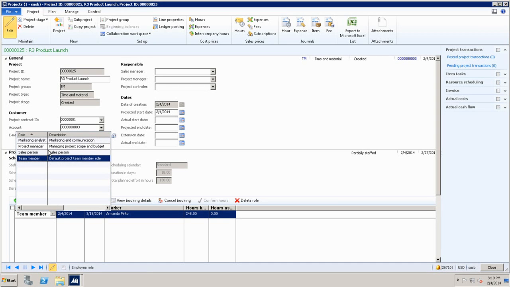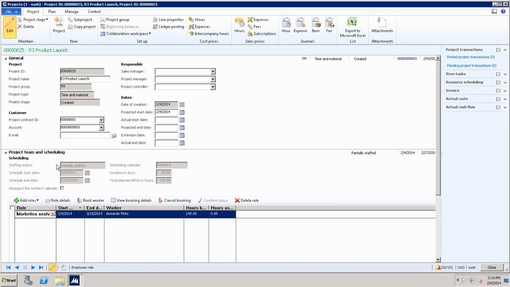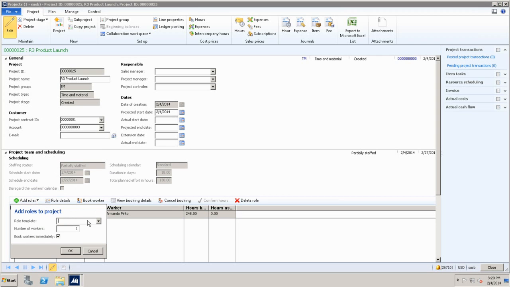Now, I am the project manager, so I'm switching hats. I'm a project manager. I have a project. I want staff. And I'm at the stage that I want to form my project team. Okay, I got the marketing analyst I need. Perfect. But I also need a project manager, right? I need somebody to manage this project. So I select a project.